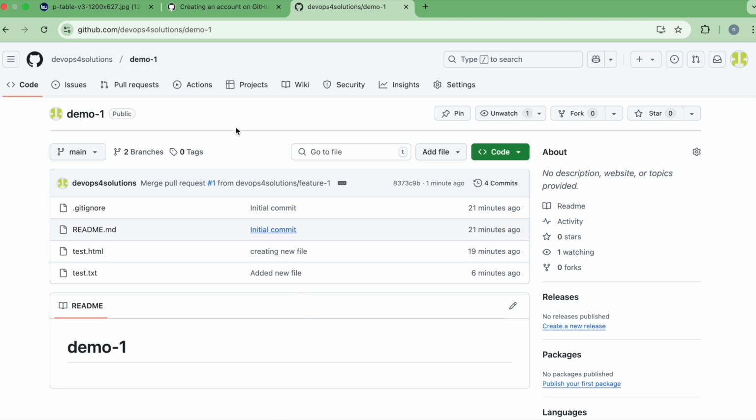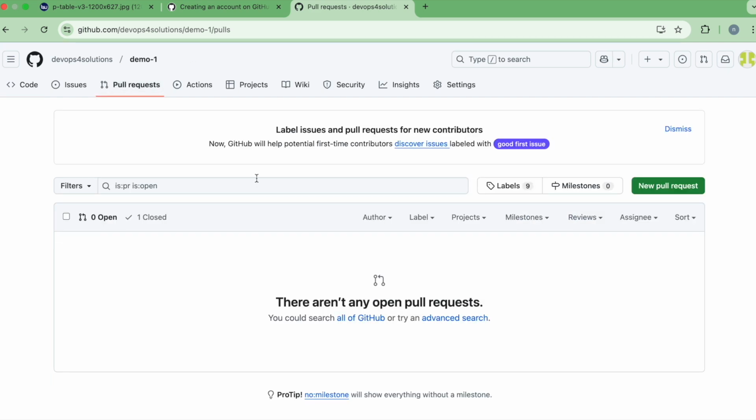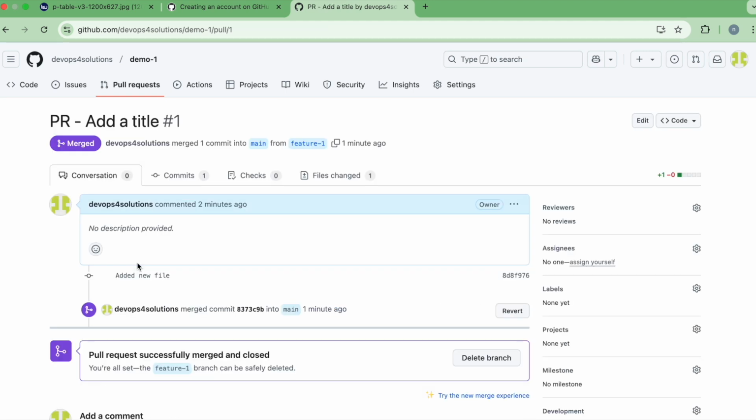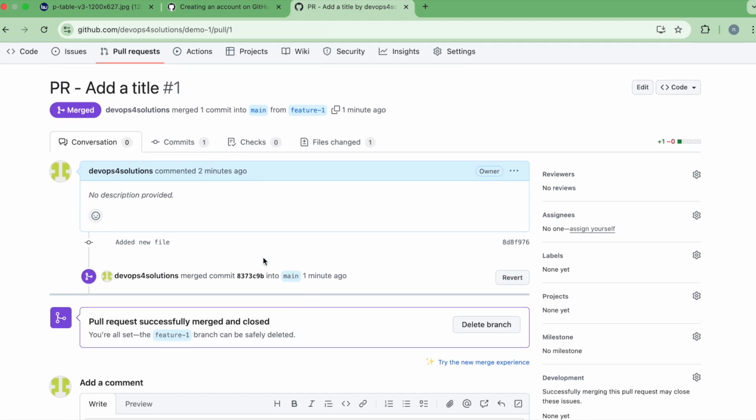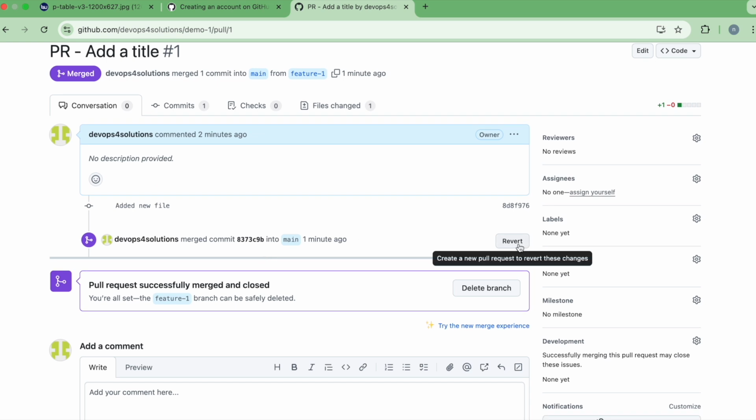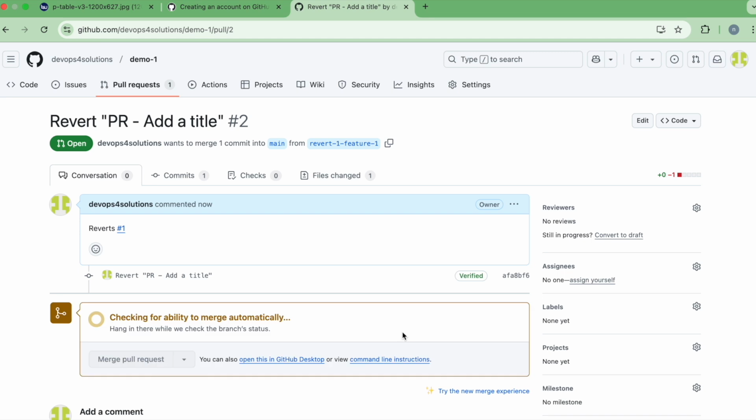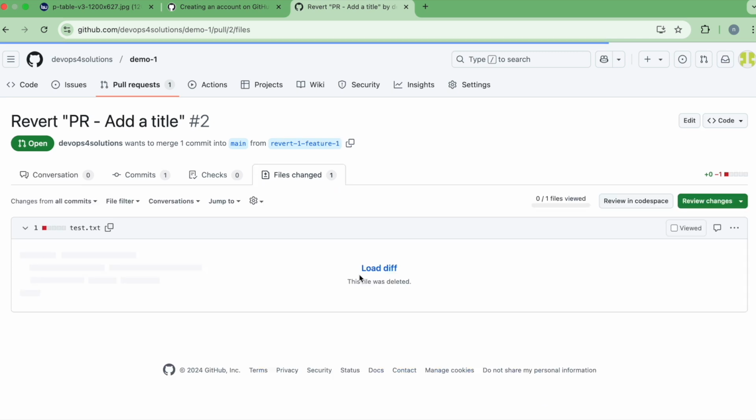Okay, so now you see that we have merged these changes. Now I just wanted to show you, if you ever have to revert the changes, right? I mean, you merge this particular PR and it breaks something, so how can you revert it? You can see that you have an option to click revert here. And if you click on revert, you can see that it has this file change and it says that yes,